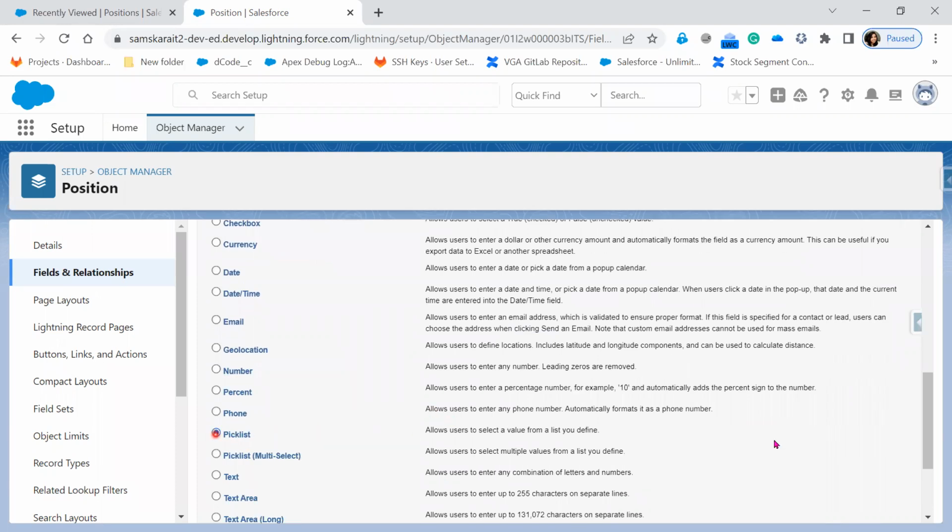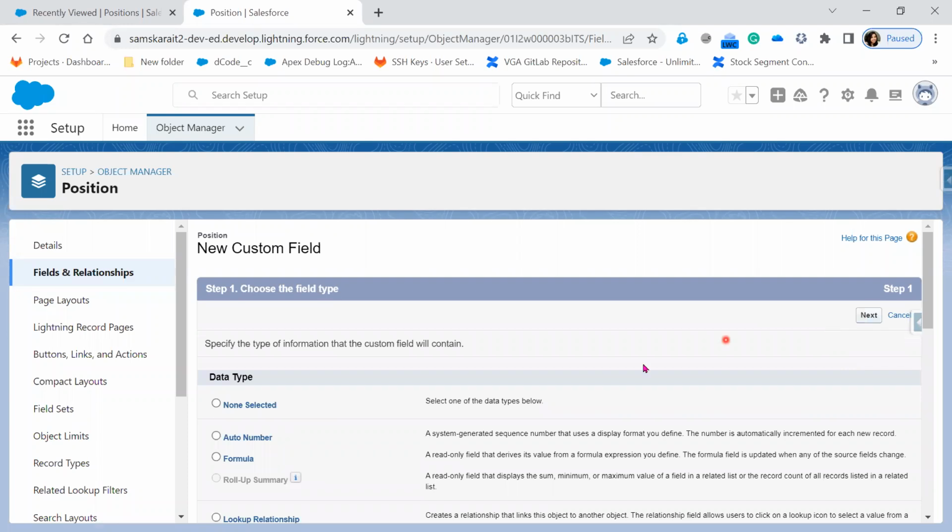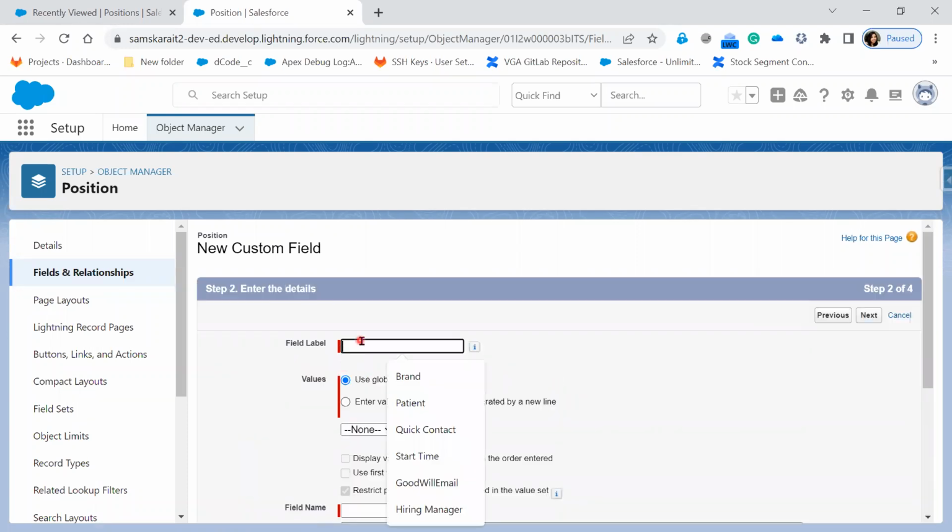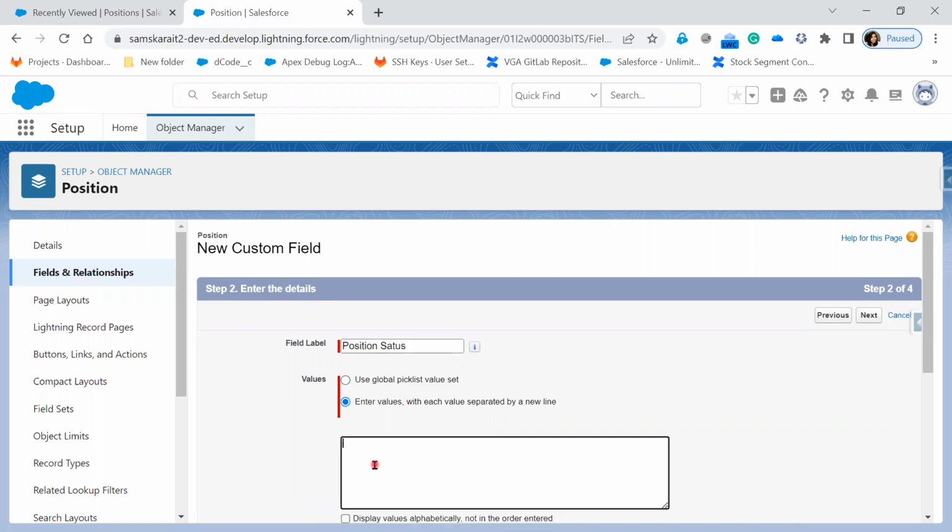Picklist. Position status data type is Picklist. Now let's see. Position Status. And we'll give the values new, in progress, on hold,